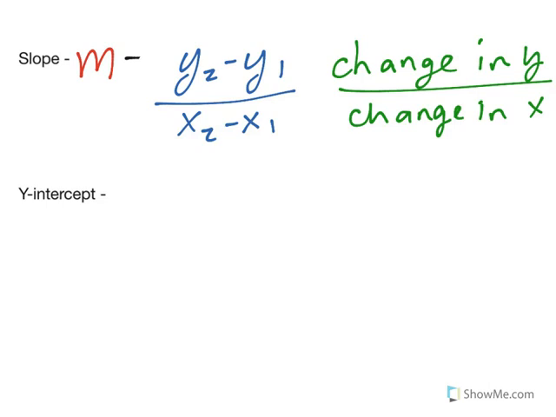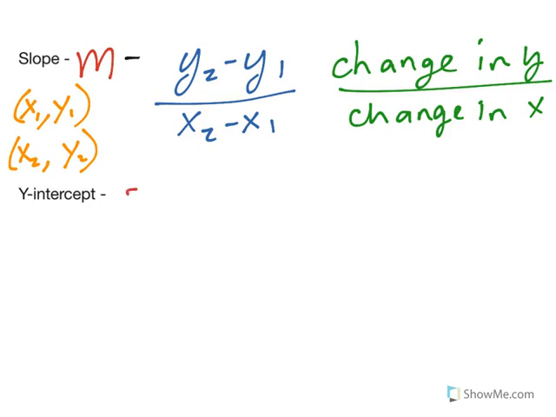So where are we getting these x1, y1 and x2, y2? Well, they come in the form of ordered pairs. So if we have two ordered pairs that fall on our line, between those 2 points we can find our slope. And then obviously we're going to get more into this as we do some problems, but the y-intercept is